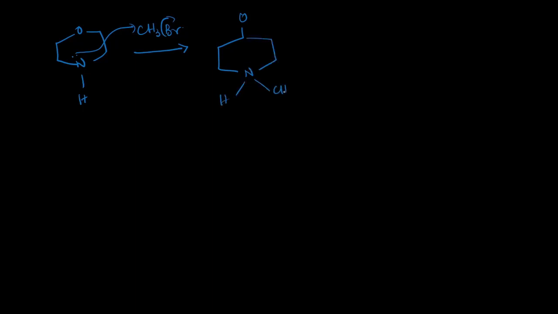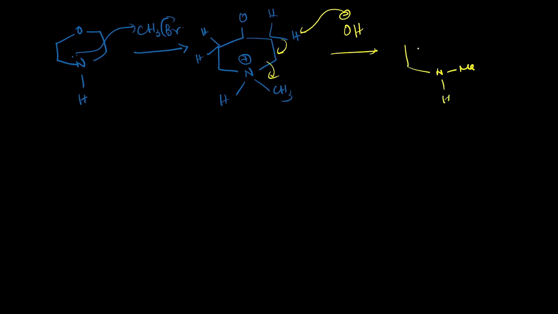we have this intermediate. Okay, now we have two identical beta carbons here. Hydrogen can be removed from any of them. So OH minus or moist Ag2O is used for elimination. So in the first step of the reaction, we have this. In the second step, we have to use again CH3Br, Hofmann exhaustive methylation again. Then the lone pair will perform another SN2 reaction.